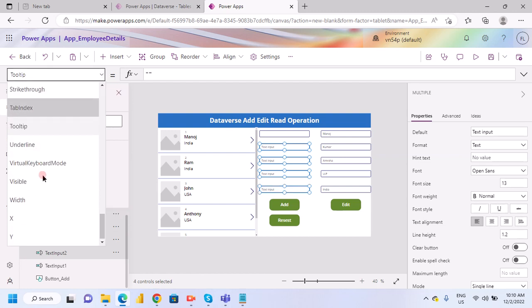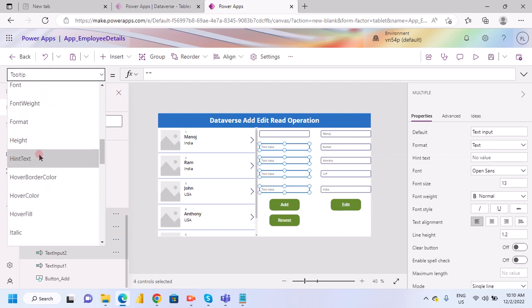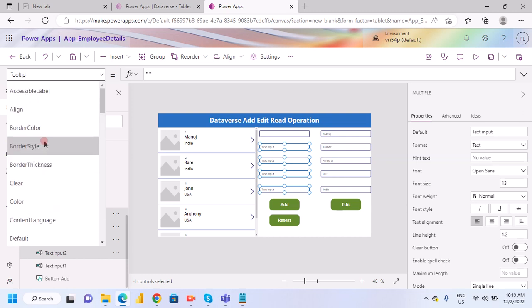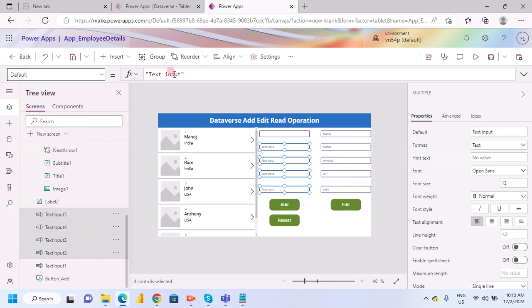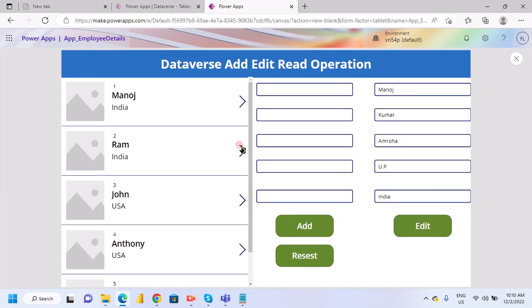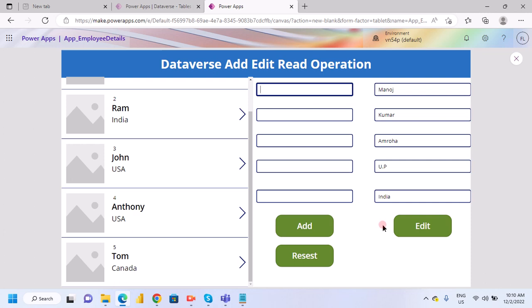And select default. Okay. Now if we add any other name,